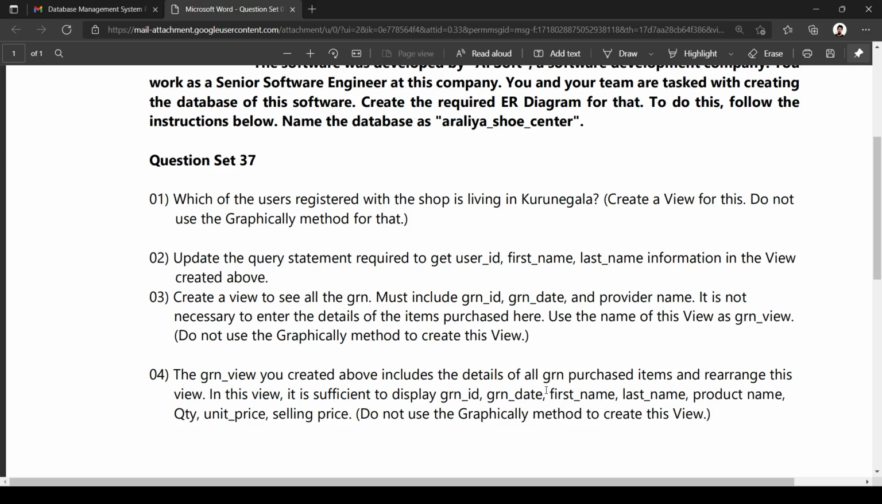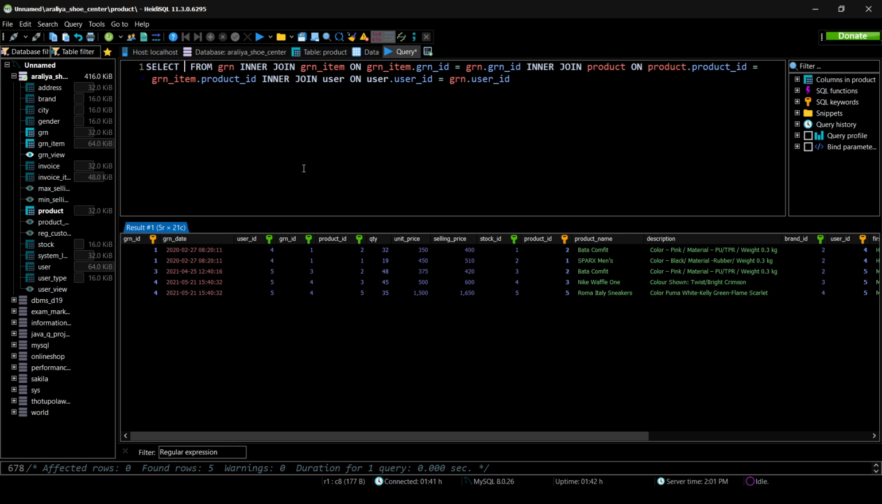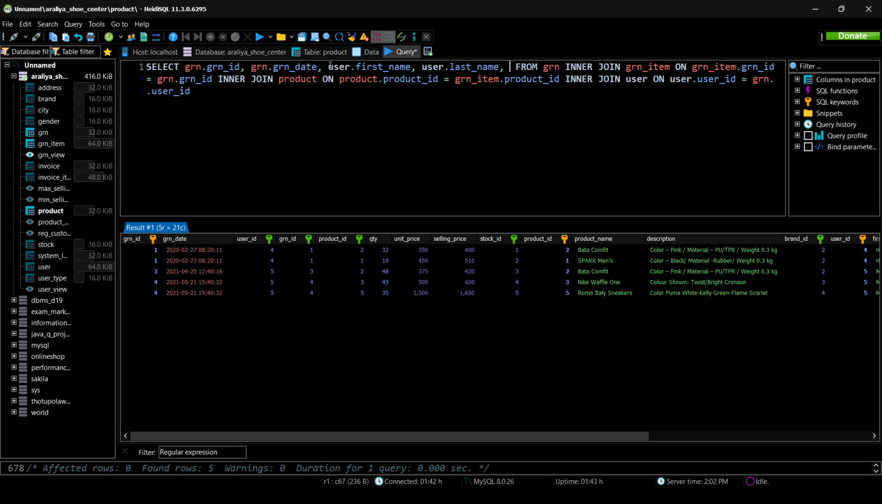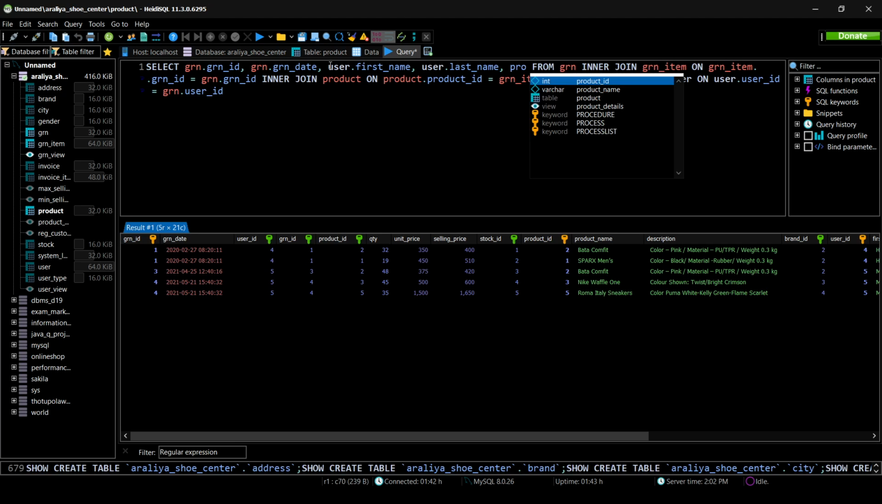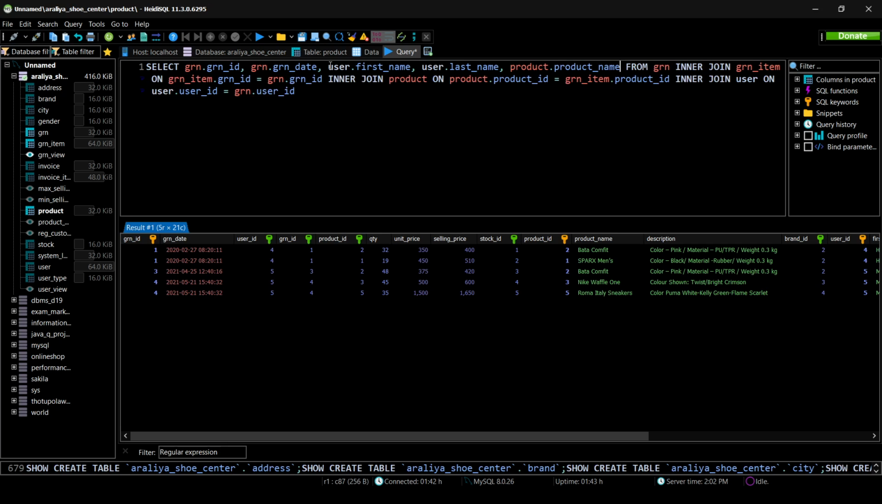GRN ID, GRN date, first name, last name. GRN ID, GRN date, and in the user table, user's first name, and again in the user table, user's last name, and also the product name. So the product name is stored in the product table, product name, and